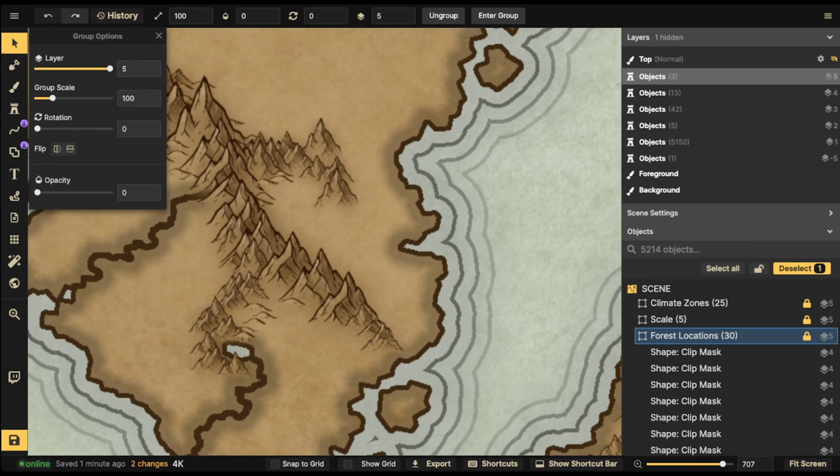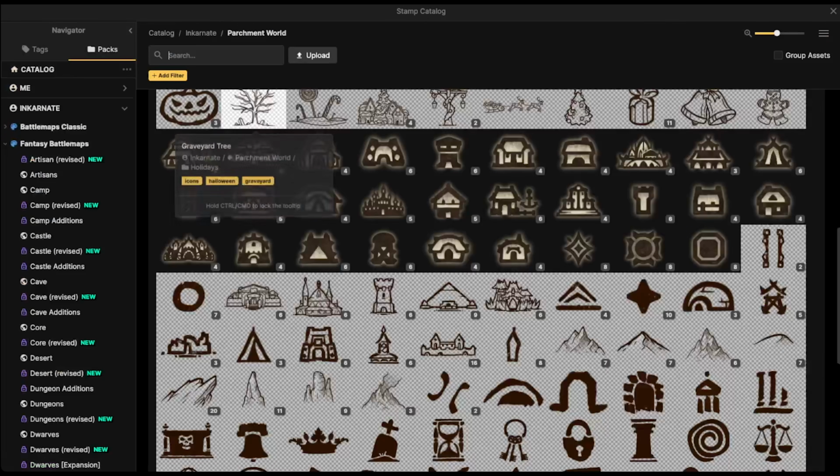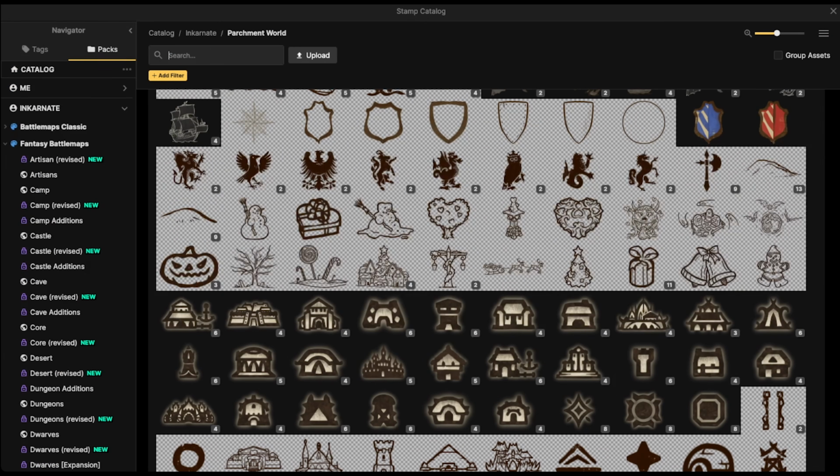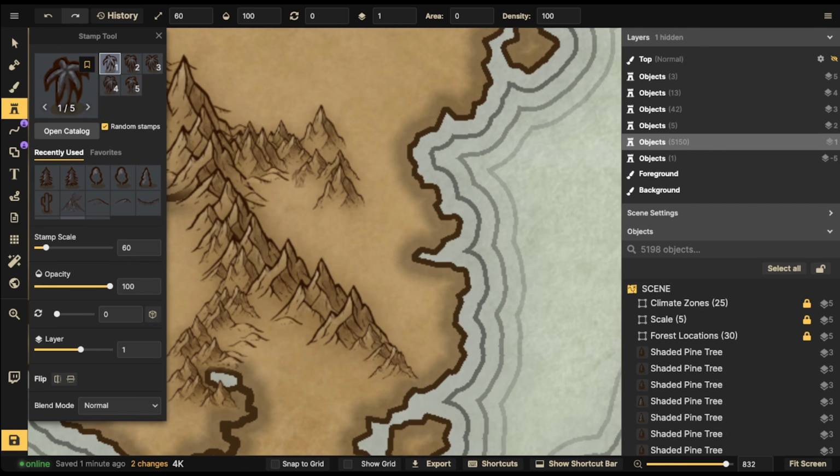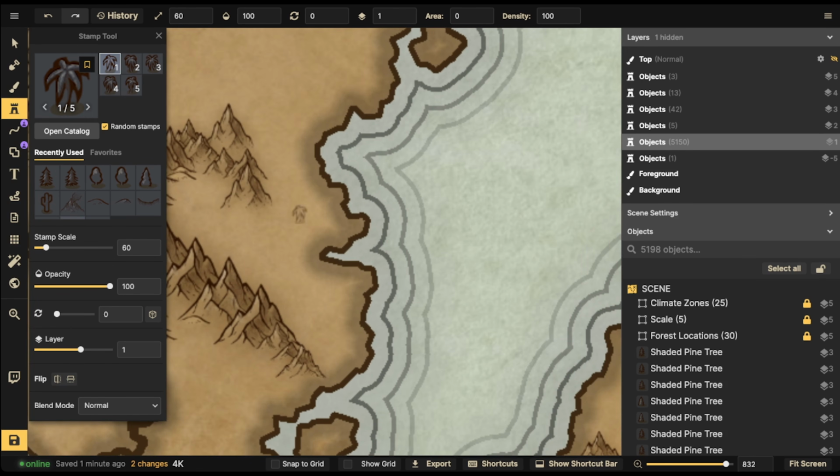This mangrove's going to go right here. What I'll do is I'll just create a regular tropical type of forest. So if I type in tree, I'll put in these tropical palm trees, and I'll kind of put them in here. And then the closer that I get to the water, I'll start changing the trees to show that there's a transition between trees that are not adapted to brackish water. And then once you get onto the water, we'll use a different tree to show that is the tree that has